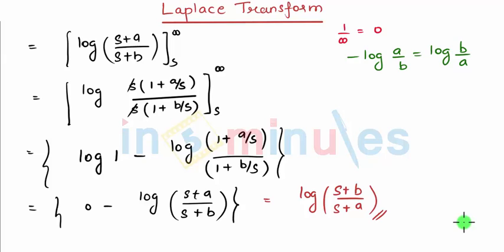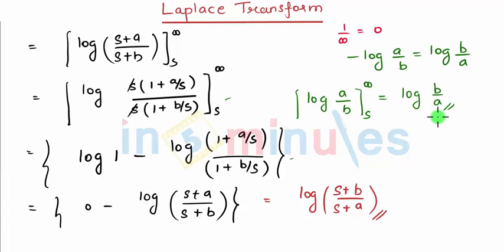So students, I suggest you remember one formula which will directly get me the answer, and these 2 steps we can reduce. See what we got. We are supposed to put the limits infinity and s. Check the answer. It is nothing but exactly the reciprocal of this. So I can say if you have a function log of a by b and your limits are s to infinity, it gives me log of b by a. So that's my formula which you need to remember for my next sums.